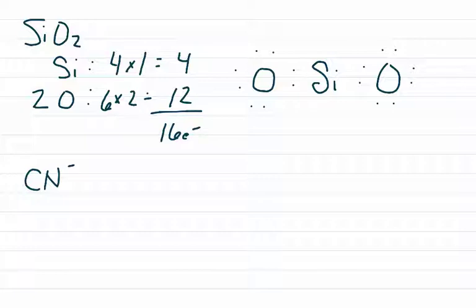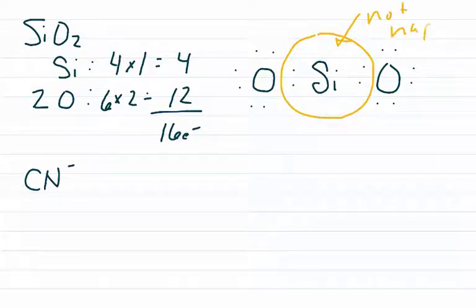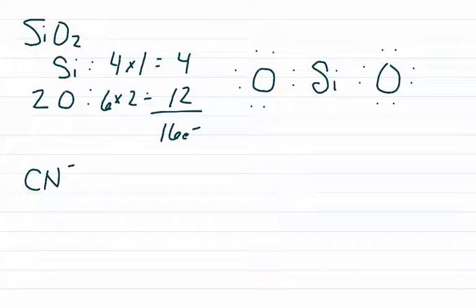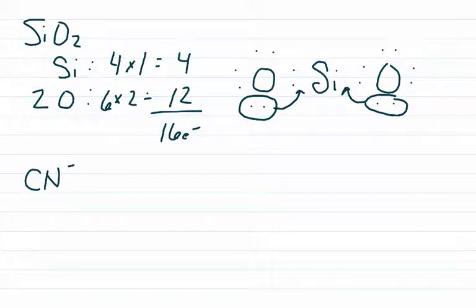But when we go to check and see if everybody has 8 in their valence shell, we see that silicon is not happy. It only has 4, and it's most stable with 8. So what we do in that case is we take some of these electrons from the ones that are full and we add them to the center. That allows the sharing of more than one pair of electrons, and it allows everybody to get the 8 that they need. So now oxygen has 2 lone pairs, and there are 2 bonding pairs between silicon and oxygen,